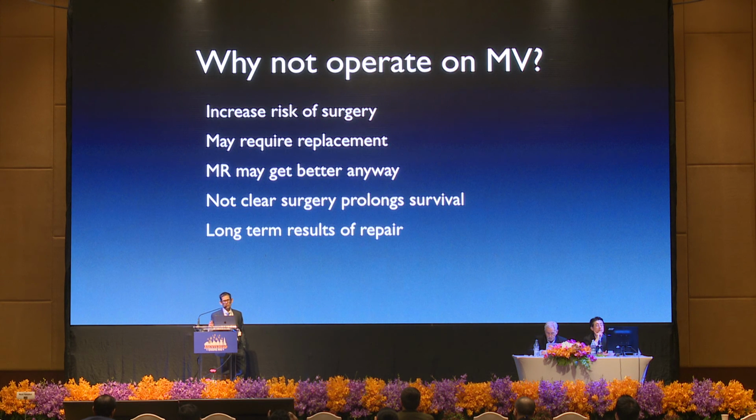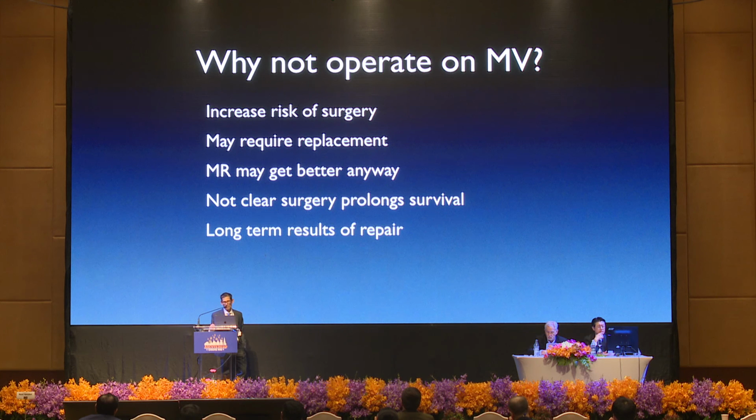On the other hand, we've got to balance that against the risk of doing the mitral valve operation. We know that the surgery is a bit more complicated. You're going to have a longer cross-clamp time, a longer bypass time. Some of these functional mitral regurgitations aren't all that easy to treat with a simple annuloplasty ring, and they may require either complex mitral valve operations with papillary muscle changes, etc., or you might have to replace the mitral valve. And no matter what anyone tells you, there's no such thing as a foolproof, guaranteed mitral valve replacement. You can always make mistakes and they can always cause problems, and especially in a patient who's marginal anyway,